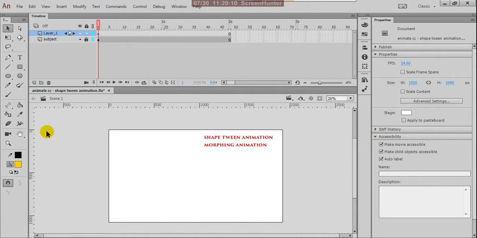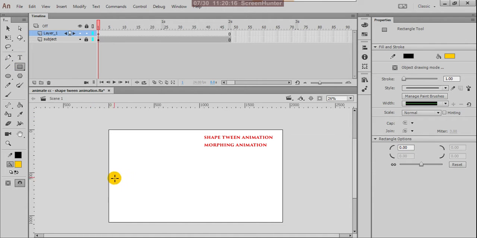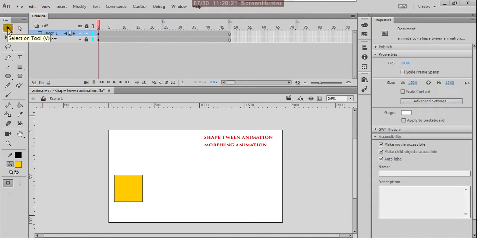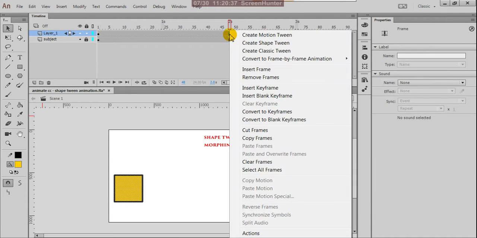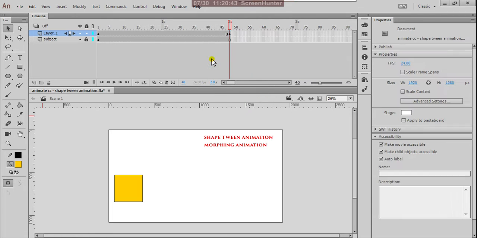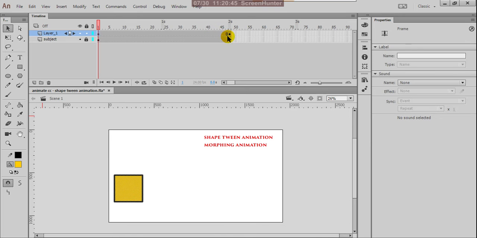Generally, suppose I'm placing one box here, and on the other side you can take as many frames as you want. Actually 24 frames or 50 frames or 100 frames, that's up to you. For the time being I'm placing it at 48 and inserting a keyframe, the same as your classic twin.